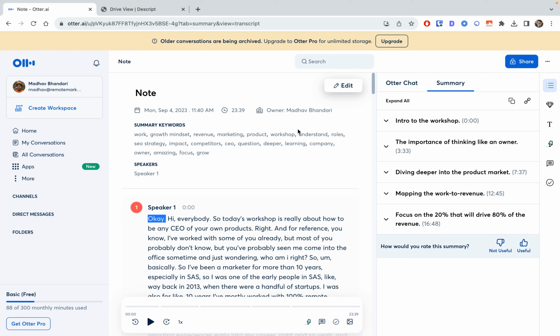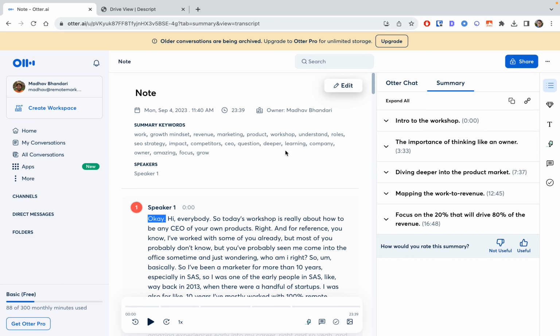Another feature that I really like is that it starts creating a summary of keywords. So in here it gives you an idea of the general theme of this call, so I don't have to go through the transcription to understand how it's going. Right now, for example, sales teams, when they record calls and have these transcriptions, of course you don't have the time to go through a 23-minute transcription word by word.